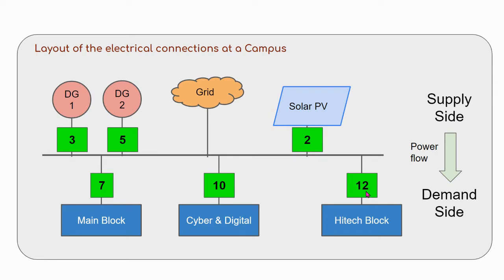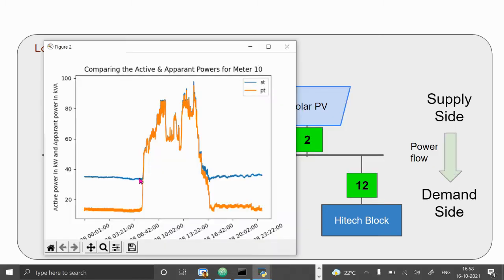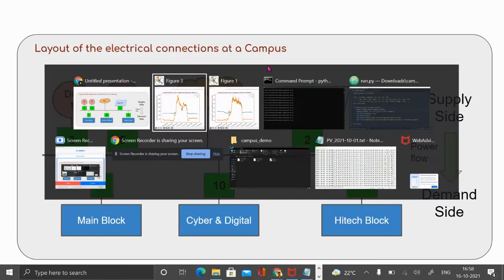In fact, sometimes it will be more useful to get the knowledge of the combined meters rather than the individual meters. So in other words, this is called a virtual meter. Imagine that there is a virtual meter which is adding the data from all these 3 meters. That is our objective to achieve, so let's try to do that in this particular video. Now there is a problem in this thing. Let me show you what the problem is.